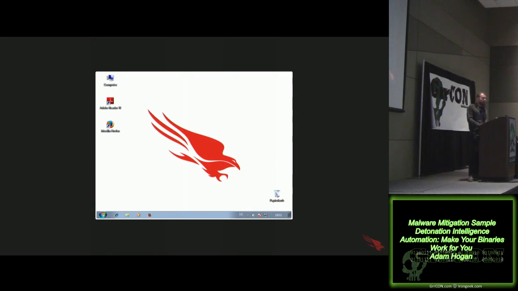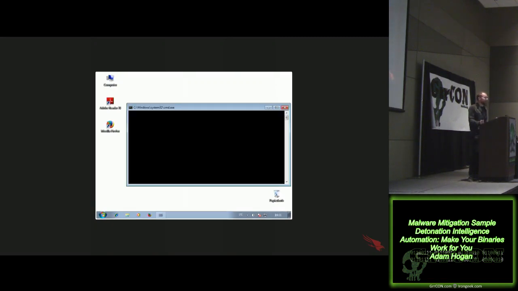It will also show screenshots. It's not that interesting in this case. It fires off a command shell, so you get a little pop-up here. But I'll throw it up there because sometimes it's interesting, particularly for malicious documents. It's interesting to see the malicious document open up and see what the first page is, at least in the screenshots, if you don't have a safe environment in the lab to open up a doc yourself. I'll call it out just because it's actually not that common, right? Most malware doesn't do anything on the screen. So the screenshot section in the sandbox report is usually pretty empty. In this case, we got a quick pop-up.